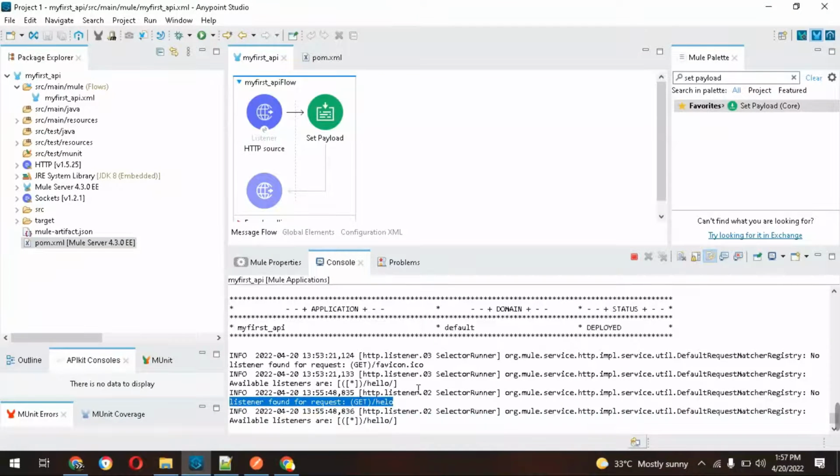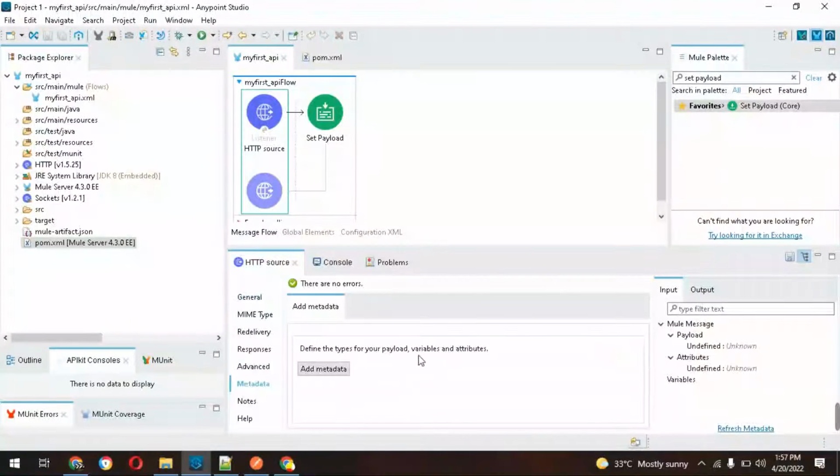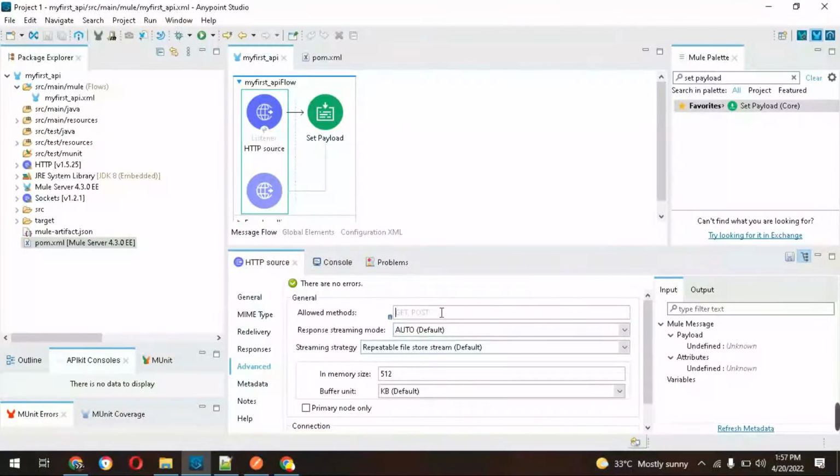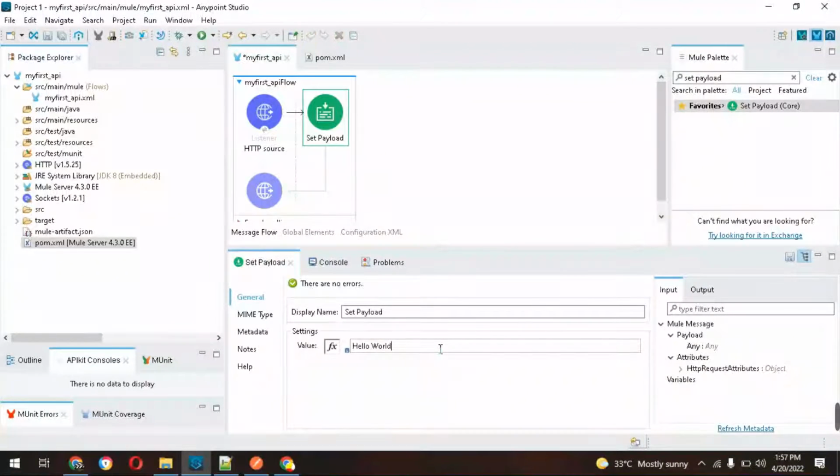This is the error. Once you get the error, that is a good thing. Now we can go with changing our HTTP method. For the HTTP method you can go to the advanced settings. In the advanced settings there will be auto, which gives a response in all streaming modes, but I will set this to GET, and I will modify my message,